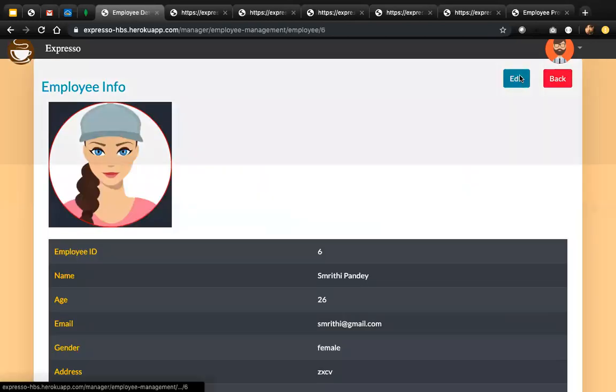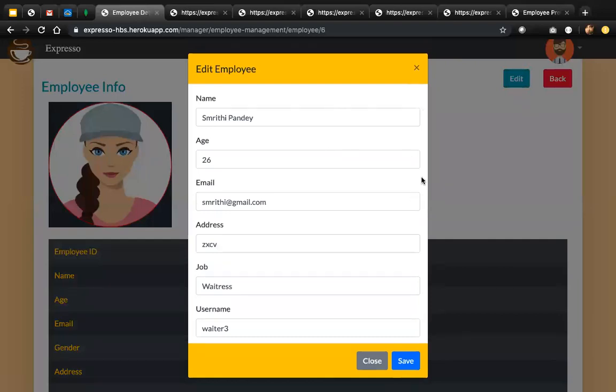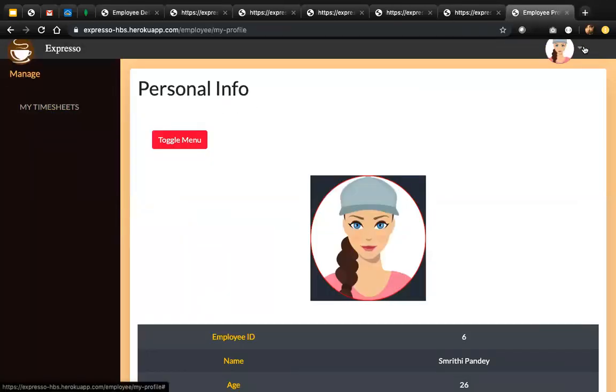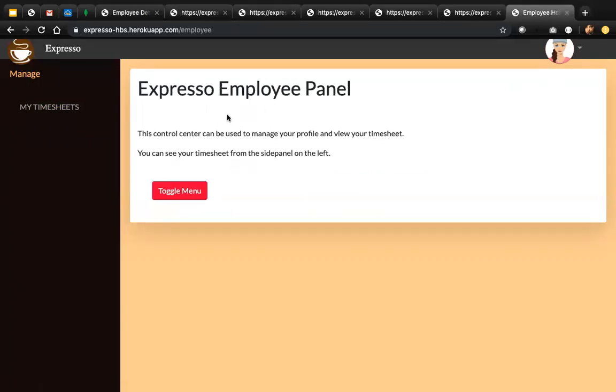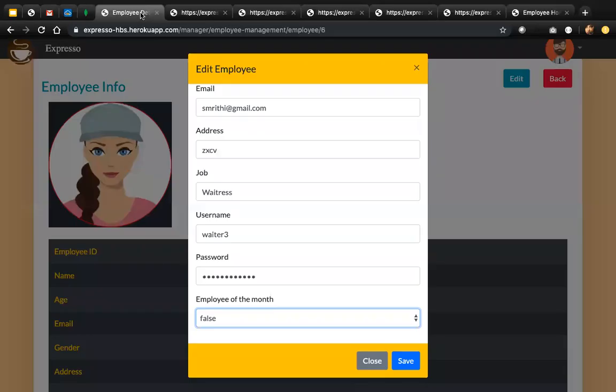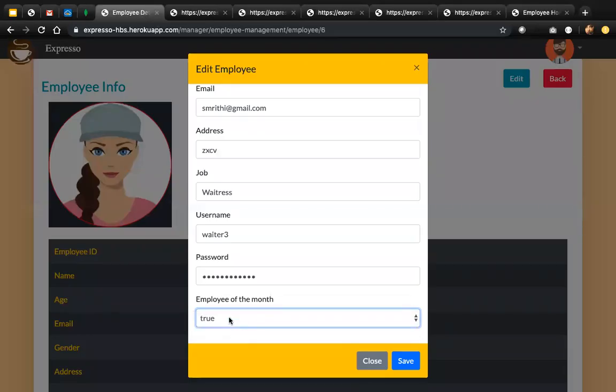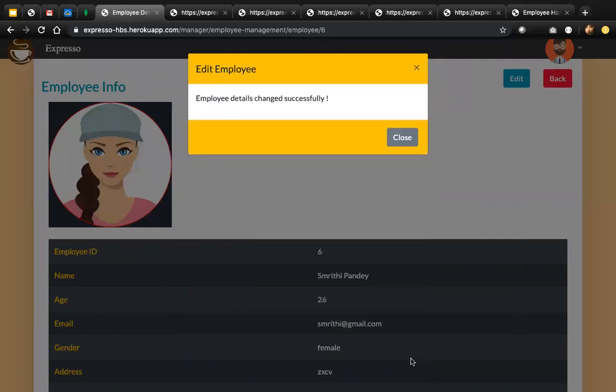For that, we will have to make the change here in the edit option. Right now it's false, and you can see, like in the dashboard, there is nothing mentioned here. Once the manager makes an employee of the month by selecting this true value over here and saving it,